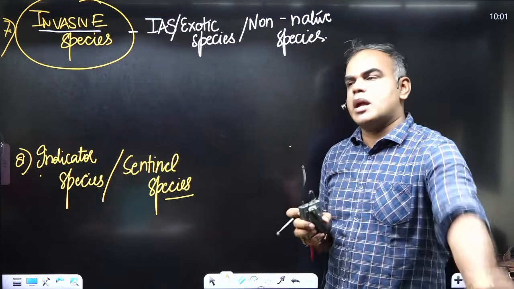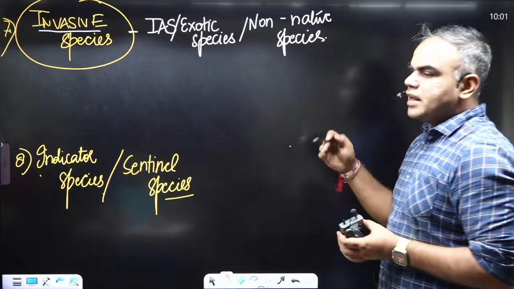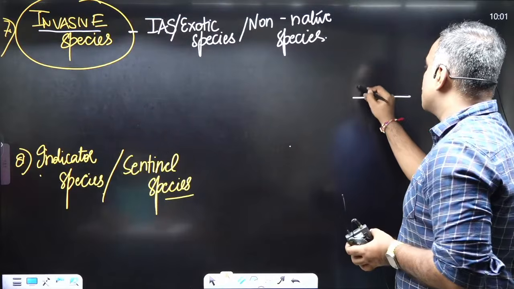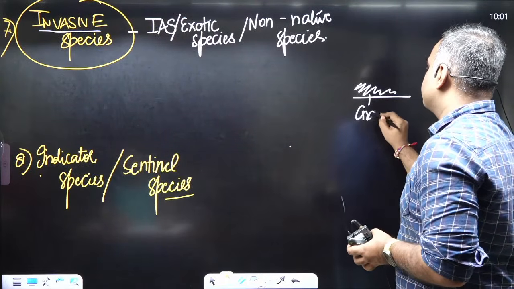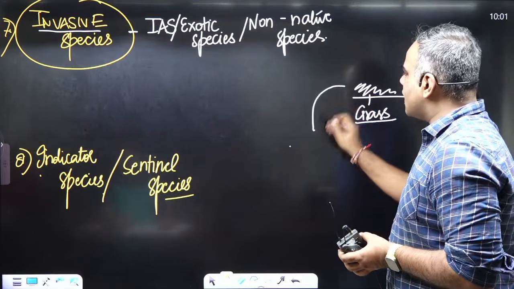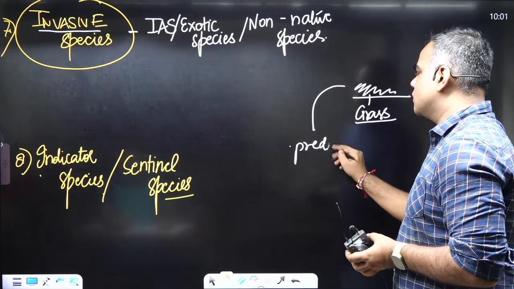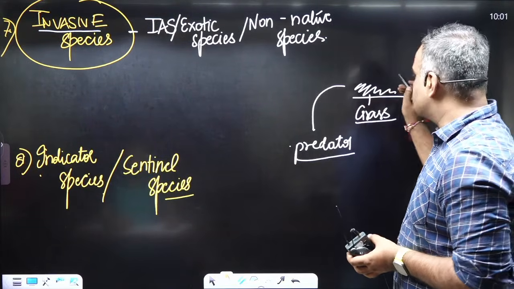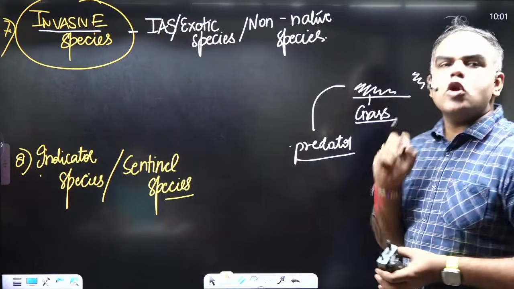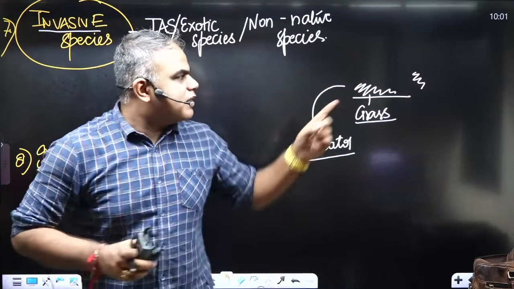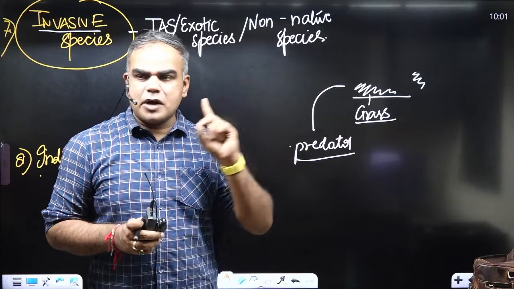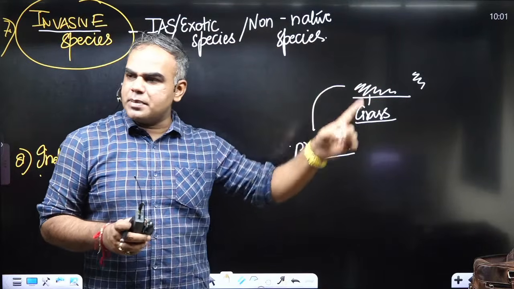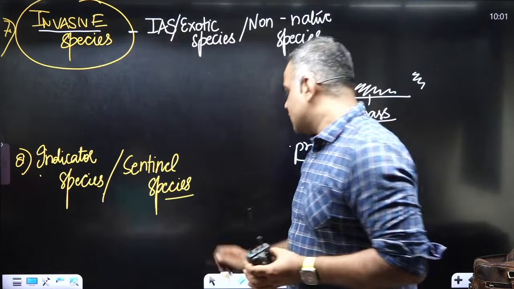Okay. Now, main thing what happens? First of all, very simply think. Let's say we are in Delhi. Delhi में एक local grass है. Okay. Let's say this is a local grass in Delhi. Now, इसका अपना एक होगा predator. Yes or no? Predator means something, a natural prey who is going to eat this. Similarly, let's say there is an organism. If it is a local organism, if there will be a local predator, it will be a part of food chain. Okay, it will grow, it will get eaten up, again it will decompose, again it will grow, something like this will happen. Now, let's say somebody goes to South America.